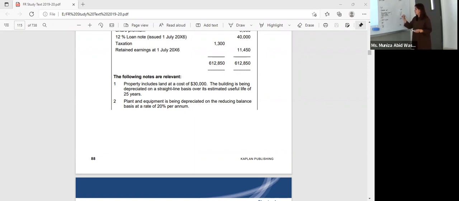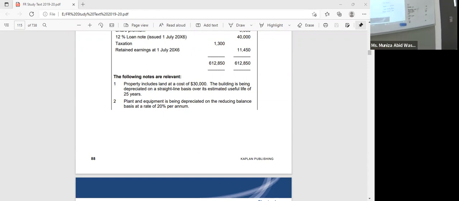4,800. In examination, what you will be doing? You will be writing administrative expenses. You will be showing working one. In your notes, working one, you are going to show all of this and the collective amount of administrative expenses you are doing. Okay. Then students, next bullet point, plant and equipment is depreciated on the reducing balance basis at